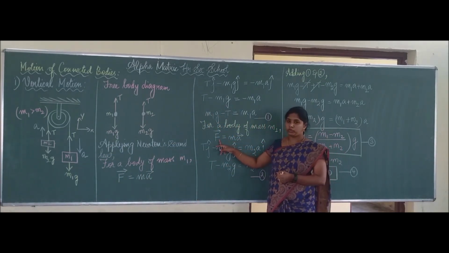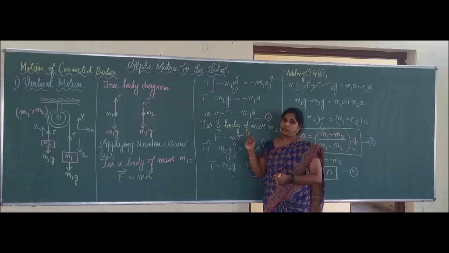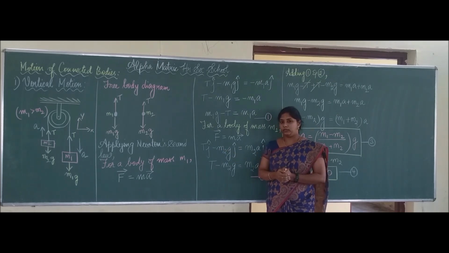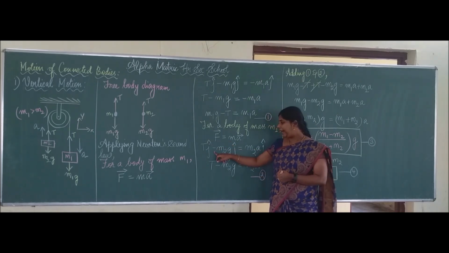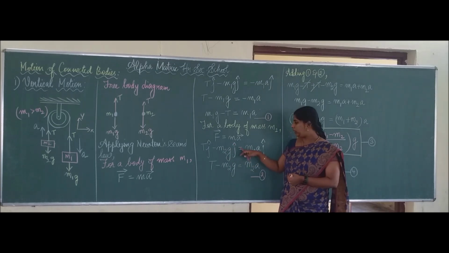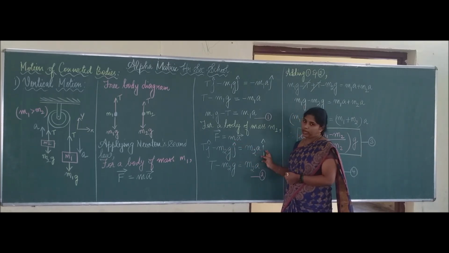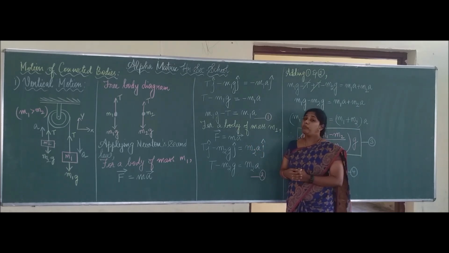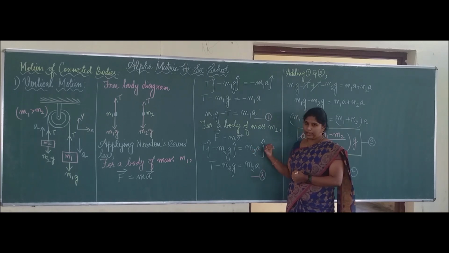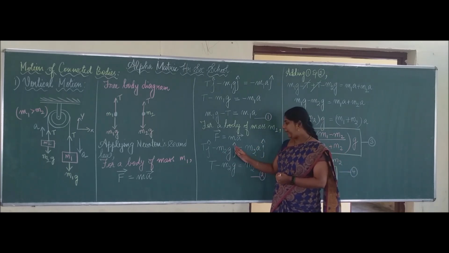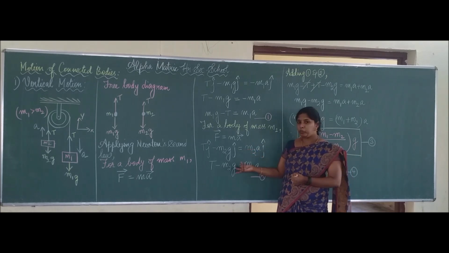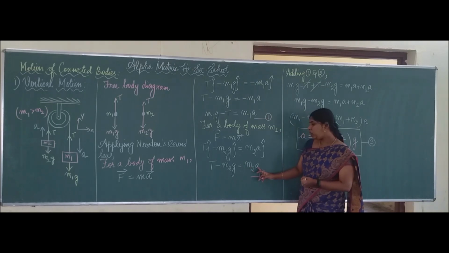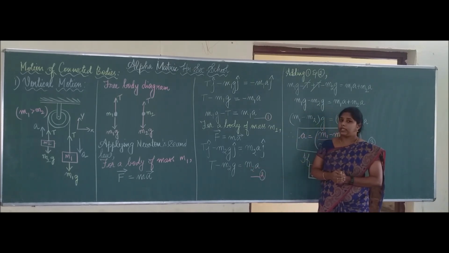So for the total force F, we have to apply the two forces. The weight is acting downwards, that's what we are doing, a subtraction. So it is T j cap minus m2g j cap equal to m2 into a j cap. Here it is a positive sign because the acceleration is acting in the positive y direction. Comparing components on both sides, the j cap cancels. So T minus m2g equal to m2a. So we got the second equation.